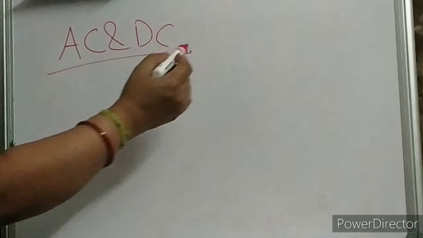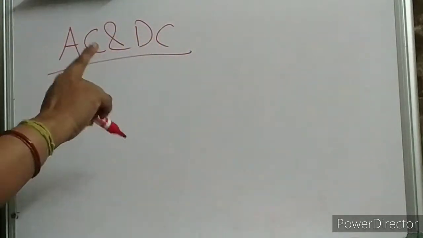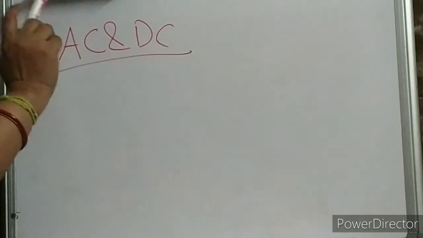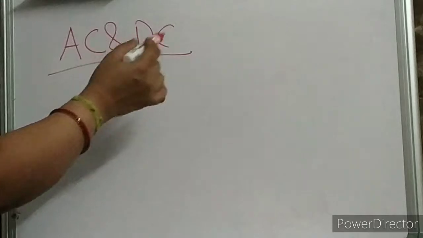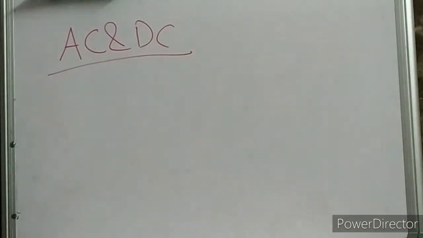And one more thing, children, DC means direct current. Direct current is unidirectional current, that means current is flowing in one direction. That we have already seen in so many classes. Alternating current is bidirectional, that means both forward and backward directions will be there. We'll try to understand this now. So in the case of this tube light, why is it flickering?